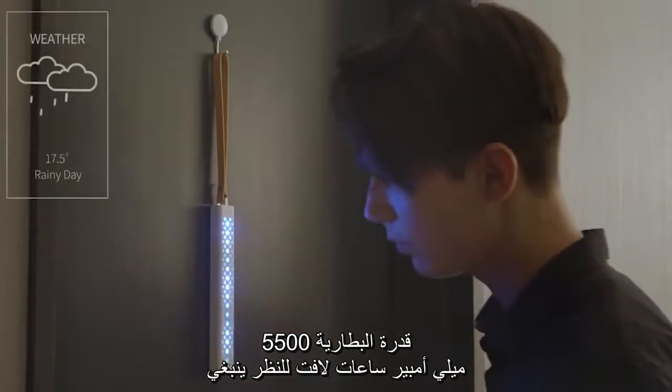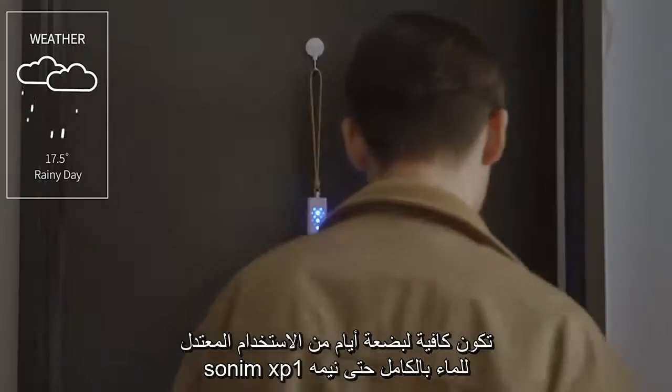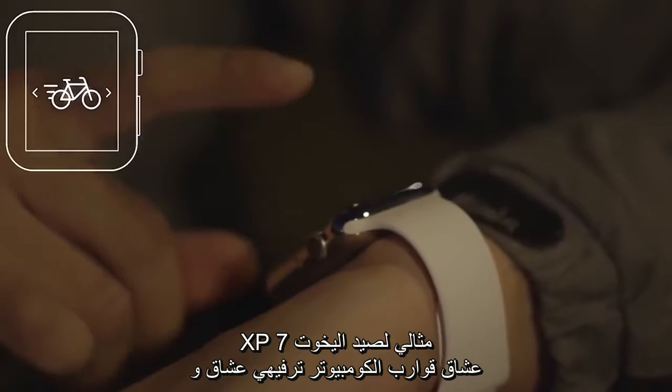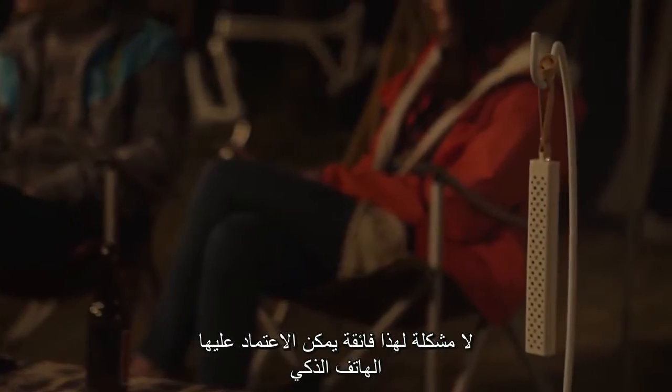One battery charge is enough to ensure a week of work in reduced brightness mode and 7 hours at full brightness. M-Stick has only 2 control buttons, one to turn on the device and the other to activate Bluetooth and connect it to any iOS or Android gadget. A special application allows you to control the gadget. In addition, the device is equipped with a universal mount for cameras and a magnet to place it on metal